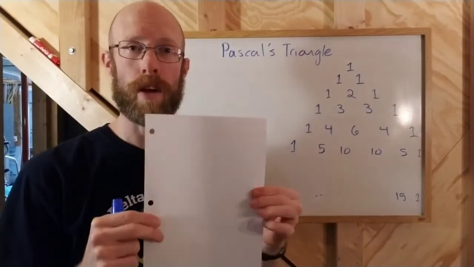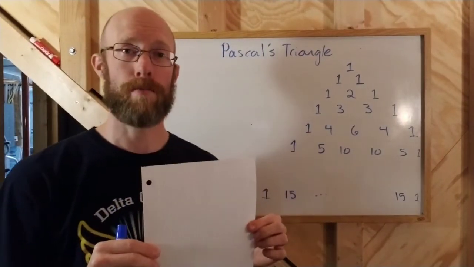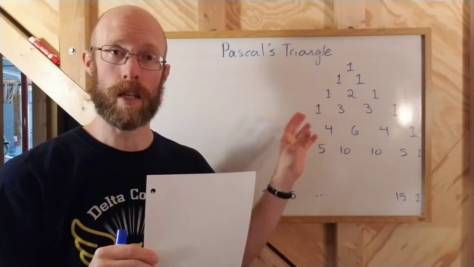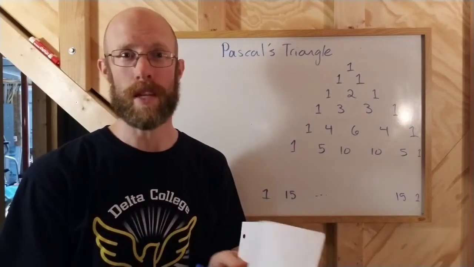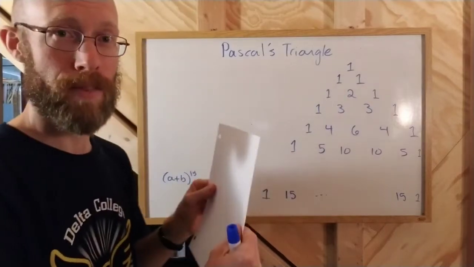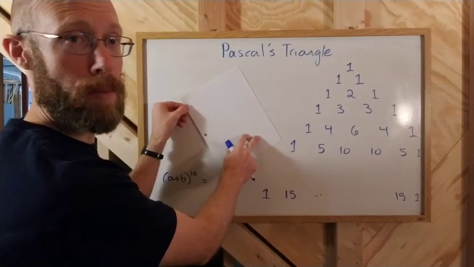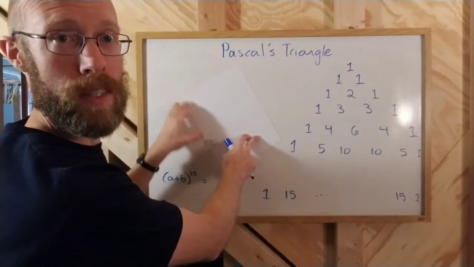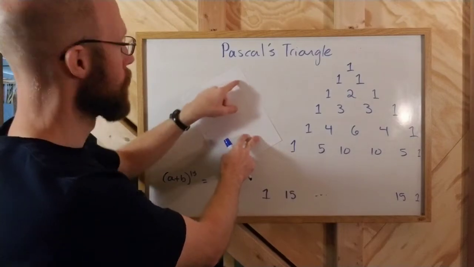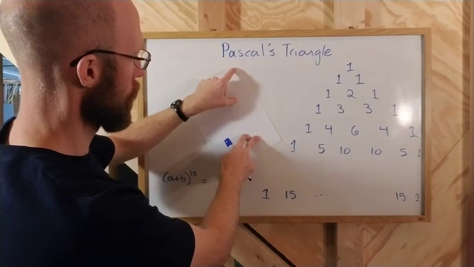Okay, I put a sheet of graph paper, I don't know if you can tell that's graph paper, but it is. I put a sheet of graph paper in e-learning with the worksheet. I just took a picture of this thing and saved it as a PDF and put it on there. So you have graph paper. What I want you to do is kind of tip that graph paper and start up in the top corner. So I don't know if you can see, this is on a 45-degree angle roughly. Start up at the top corner and put your 1 and then your 1, 1 and then your 1, 2,